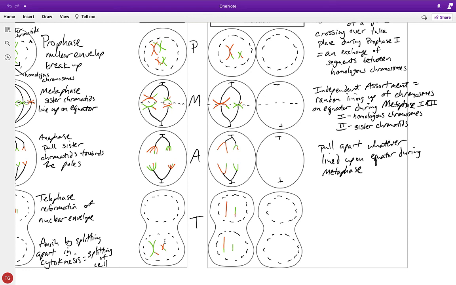Now, if we want to think about what's going to happen on the other side, for that other cell, we can imagine what would happen there. I'm really quickly going to go ahead and grab the results from that bottom cell and drag them up to the top, just as we did with the previous one. We're not going to do the work all the way through, but we can understand that we will line up sister chromatids on the equator during Metaphase 2 for this group. We're going to pull those sister chromatids apart during Anaphase 2,